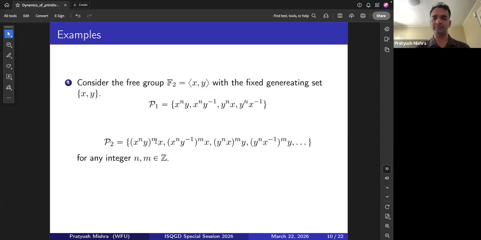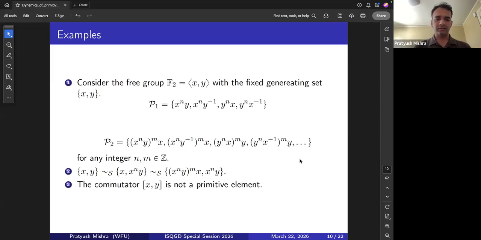Similarly, this is the second step primitive element, and I obtained this inductively from the first step. And then one can talk about third step primitive element, fourth step primitive element, and so on. Here is just an example of an element which is not primitive, let's say x square. Just x square is not primitive, or y square is not primitive. So I cannot replace x by x square, and it is not going to be the same generating set. It is going to be a proper subgroup. X square comma y is a proper subgroup, it's not the whole group, right? Similarly, the commutator is not a primitive element.